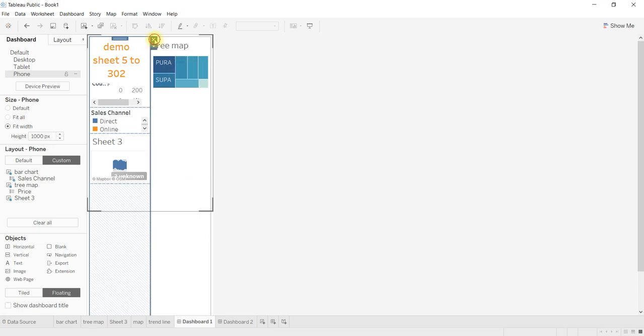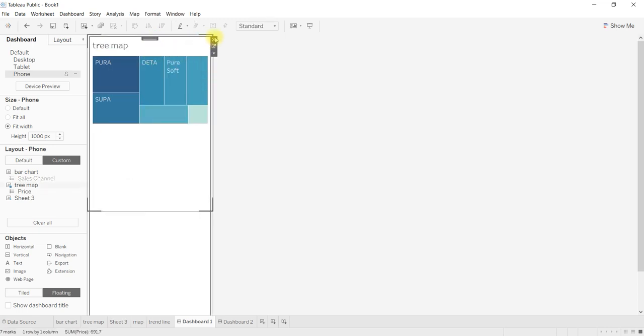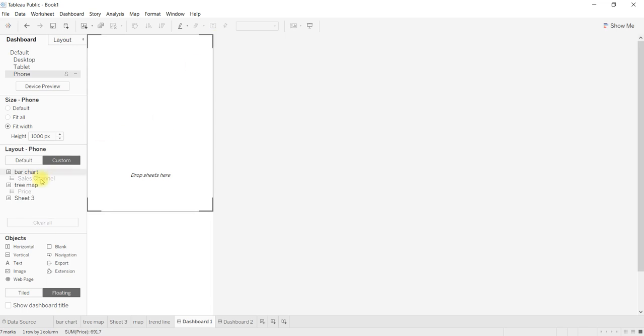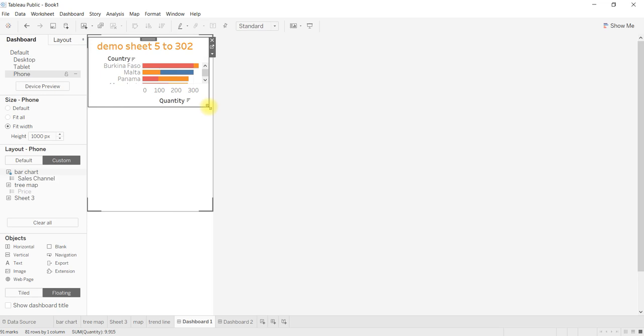What we can do, we can delete all. Again, we can select to make it fit into a mobile phone.